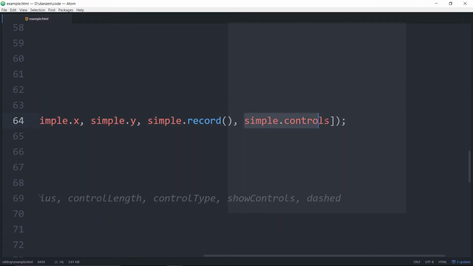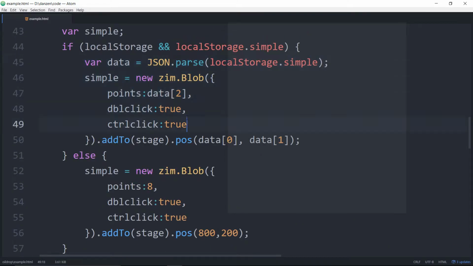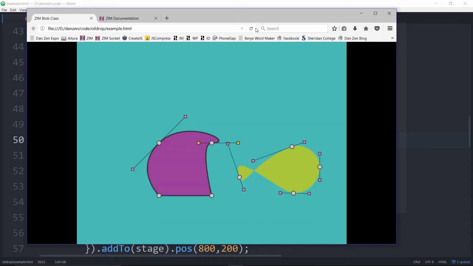So we're going to record the control setting. That's a Boolean that will either say, are you showing the controls or not showing the controls? And now when we go ahead and make our one right here, when we make it, we will say, comma, show controls, colon. Now it will be whatever's in data 3, comma. So 0 is X, 1 is the Y, 2 is the point data, and 3 will be whether we want to show the controls. So we save that up, refresh,